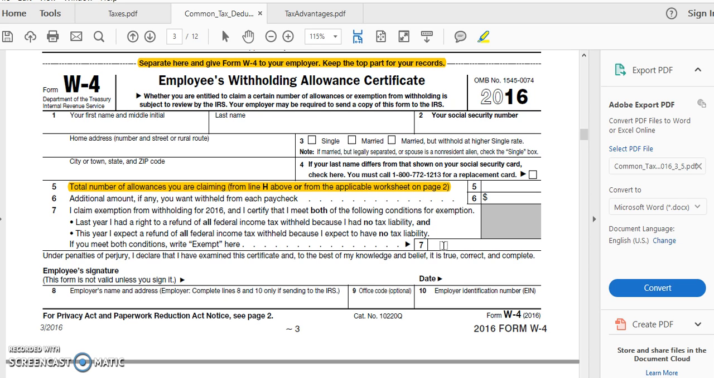Okay, and that's pretty much what you do. Once you complete this section, you see at the top it says separate here and give the form W-4 to your employer. So you're going to cut this bottom piece